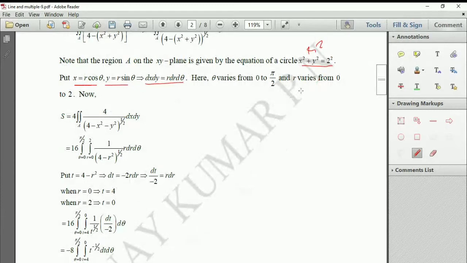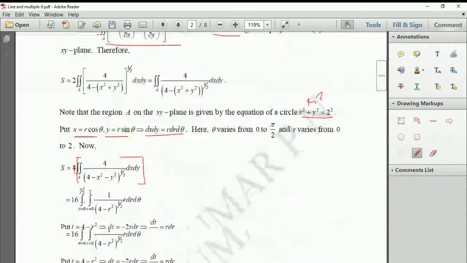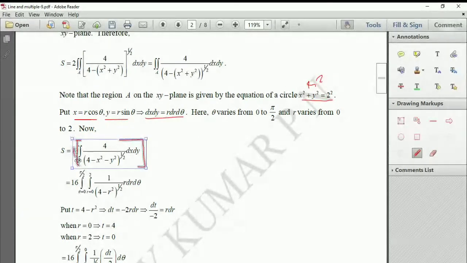Now with this we can find the double integral. So 4 into 4 times. Remember why you have taken 4 times? Because if you take only this much instead of 4, that gives you surface area, because we have taken theta equal to 0 to pi by 2 and r varies from 0 to 2, means only the surface area over this region will come. What about the remaining? The remaining are the same. That's why 1 time, 2 time, 3 time, 4 time. So 4 times we have taken, 4 times the surface area of this. Right? So 4 times.